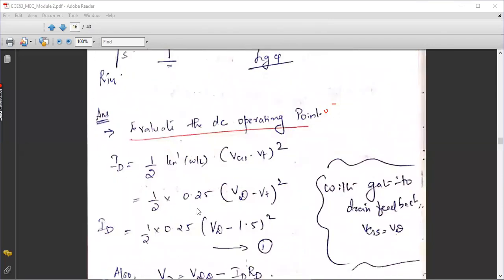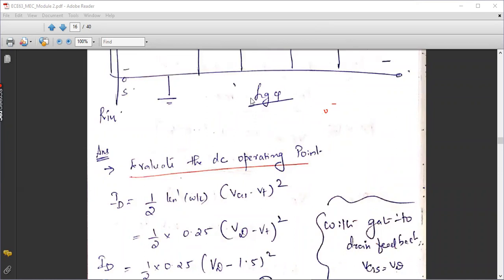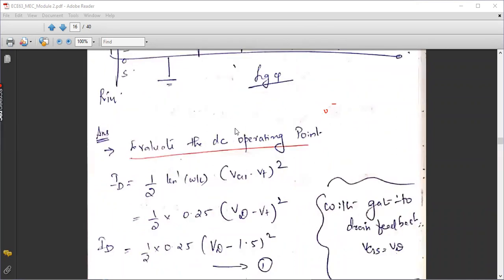For that, I have written our general equation. In this, you can substitute all the given parameters. And which biasing technique have I used here? It is the gate to drain feedback resistor. It is understood from that biasing technique from the first module that gate voltage is equivalent to drain voltage. Whenever we are using a high resistance feedback between gate and drain, then gate voltage will become equal to drain voltage. You can go back and check that biasing circuit from the first module notes later, and please understand that concept.